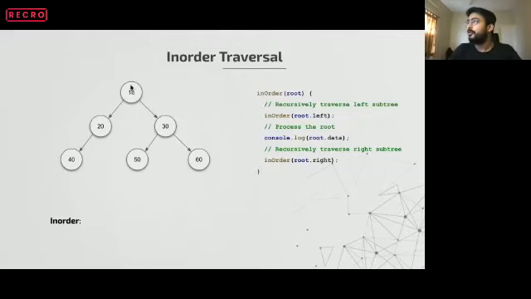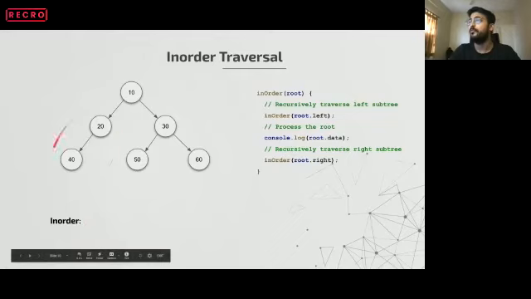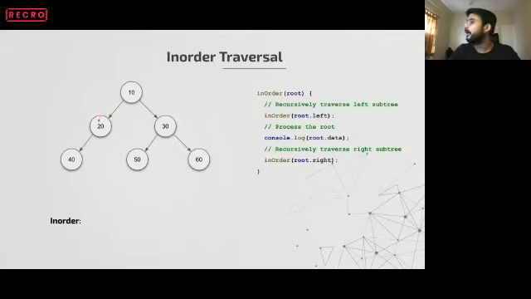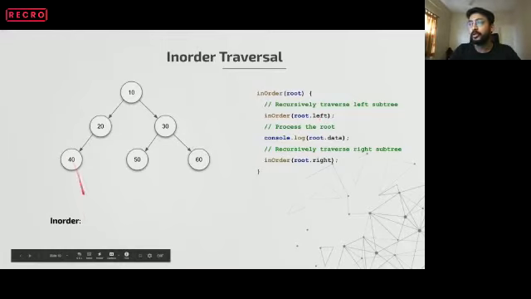So we start with root, which is our 10, but we cannot process the root yet. We have to go to the left subtree of it, which is this 20 and 40 part. We go to 20. Now 20 is our root. Again, we cannot process it. We have to go to the left subtree of it. We go to 40. Now we see 40 does not have a left child and it does not have a right child, correct? Now we have to process the root. So the first output will be 40. Is it clear?